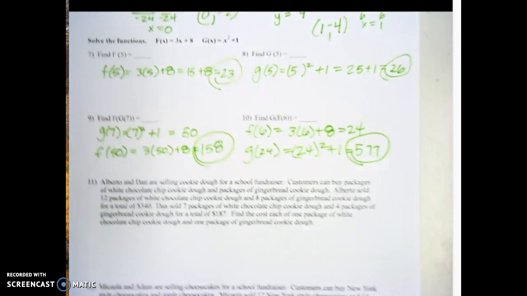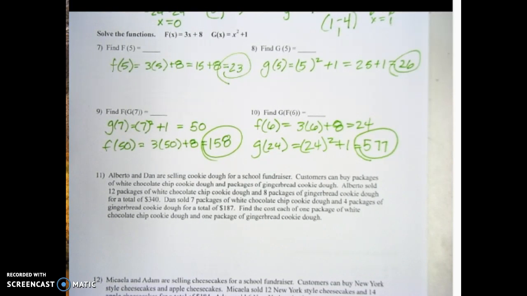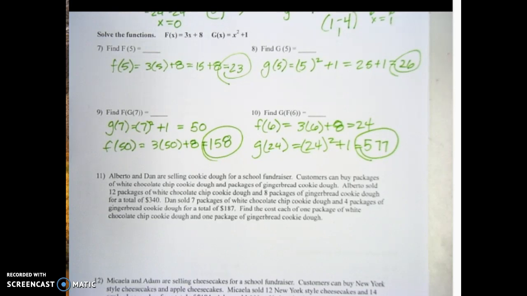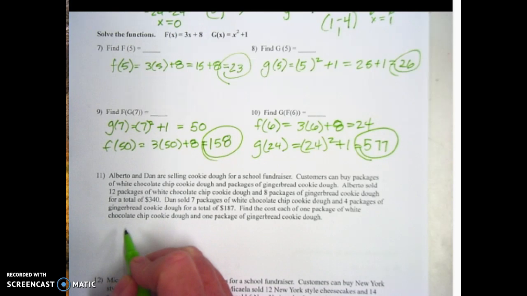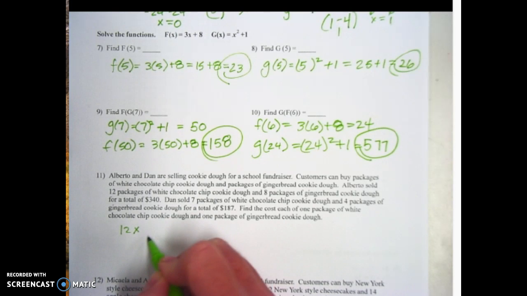Number 11, we have Alberto and Dan selling cookie dough for a school fundraiser. Customers can buy packages of white chocolate chip cookie dough and packages of gingerbread cookie dough. Alberto sold 12 packages of white chocolate chip cookie dough and 8 packages of gingerbread cookie dough for a total of 340. So the first equation is 12x plus 8y